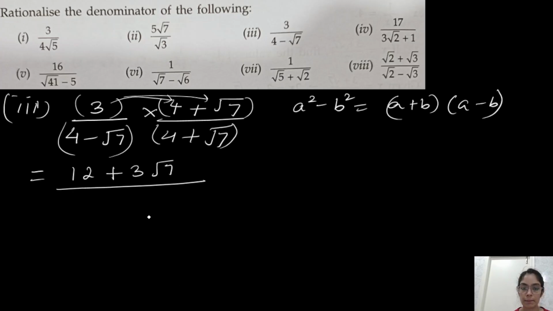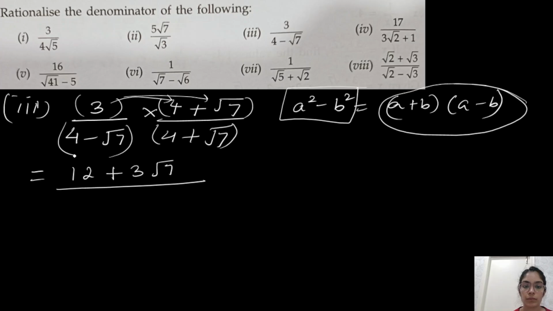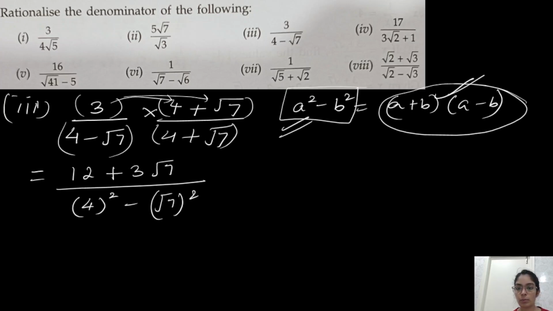By the denominator, in these types of questions, we will always be using an identity. When I am saying always, that means always, without fail, we have to use this identity, which is a square minus b square equals a plus b into a minus b. So this form will be there, a plus b into a minus b, always it will be there. Here I have this form, a minus b into a plus b. A is 4. So 4 square minus root 7 whole square. See, I have written this form, a square minus b square. This form was already there. Okay, so 12 plus 3 root 7 as it is we have to write.